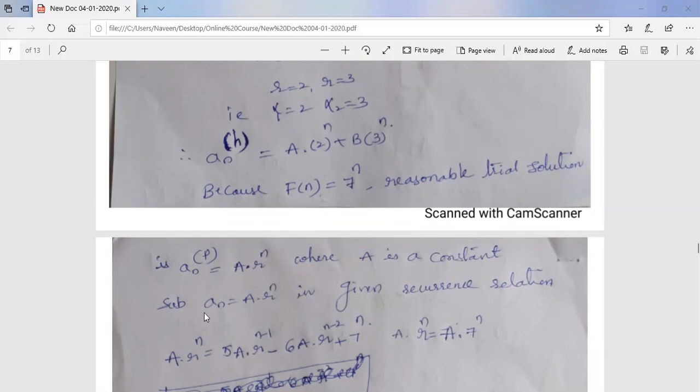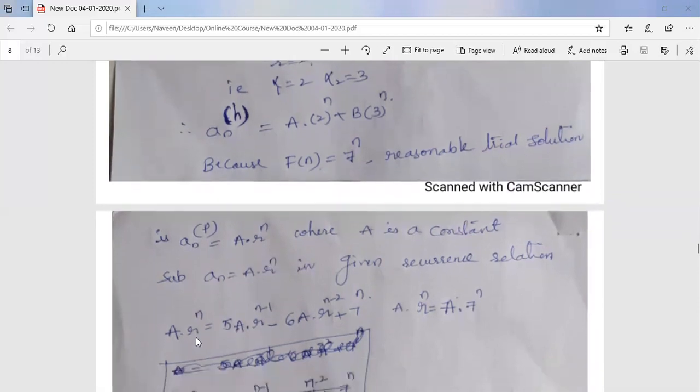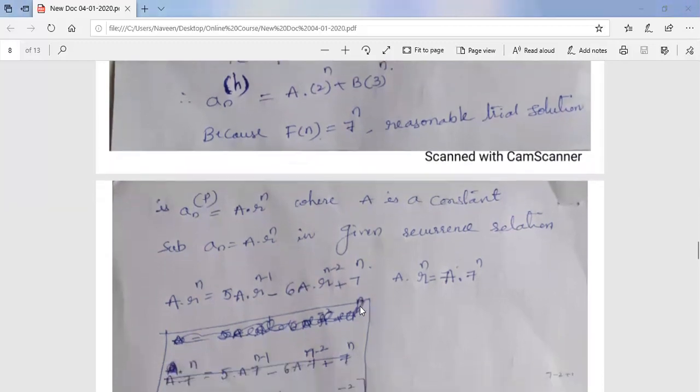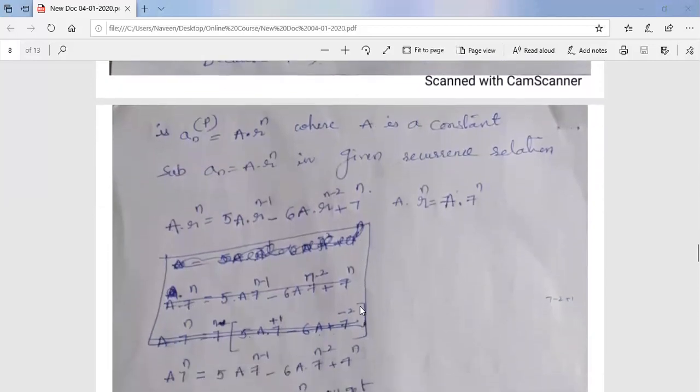In place of a_n, you substitute a·r^n into the 7^n recurrence. So that's what I have done here. a·r^n is equal to 5a·r^(n-1) minus 6a·r^(n-2) plus 7^n. So on simplifying this, we got